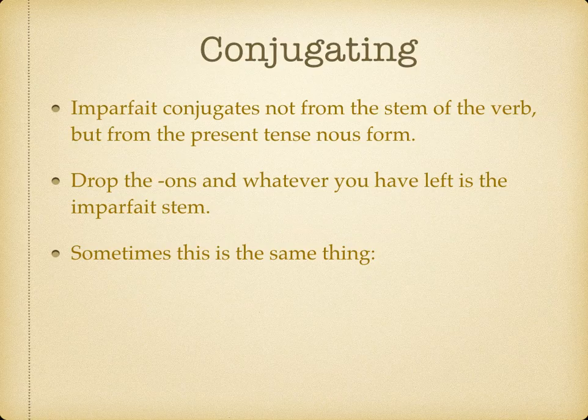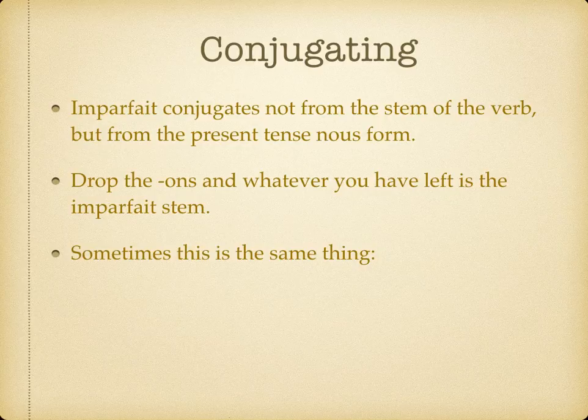All right, so from the very beginning, remember that the imparfait conjugates not from the typical stem of the verb, but from the present tense nous form. So figure out whatever the present tense nous form is, get rid of the ONS at the end, and whatever you have left is your imparfait stem. Sometimes, for ER and RE verbs in particular, this might be the same thing as the regular stem of the